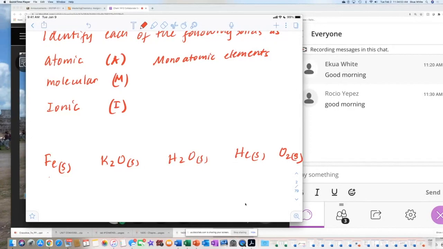Molecule is a term that's used to refer to both diatomic elements